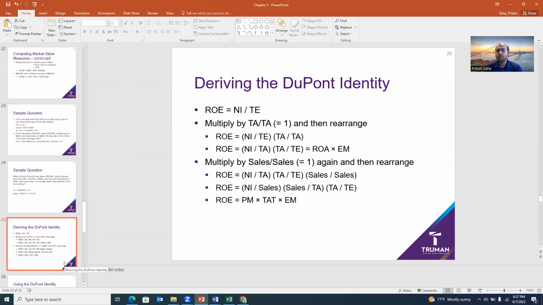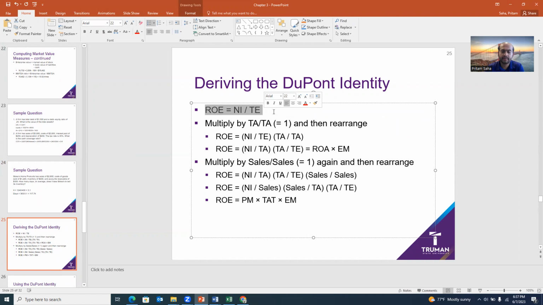Now let's do some DuPont identity. So basically I told you one of the most important measures is profitability. And out of the three proxies, this is the most important proxy. Net income over total equity, return on equity. So basically, DuPont measures basically extended this equation. So if we look carefully, if we start with this equation, this one basically means